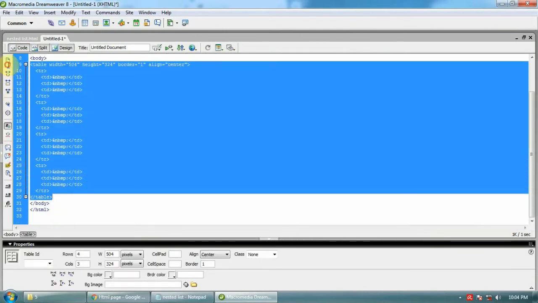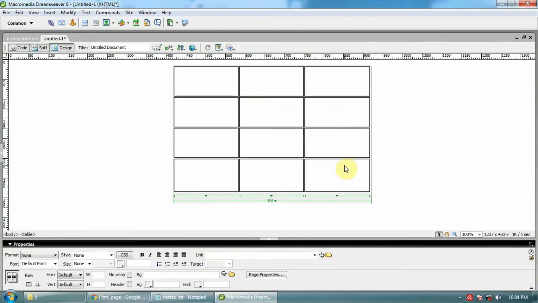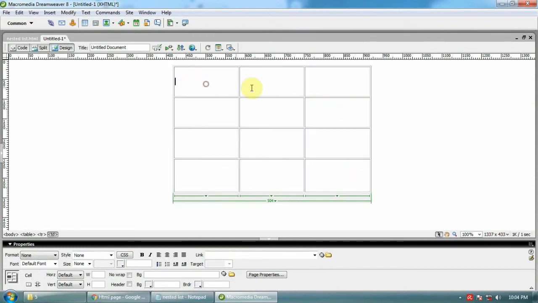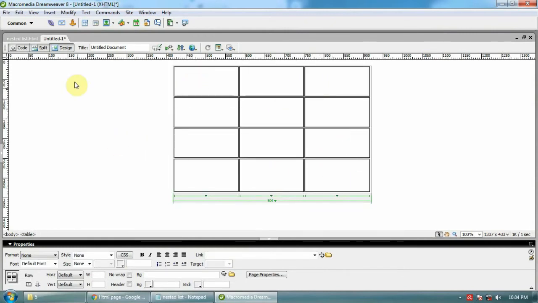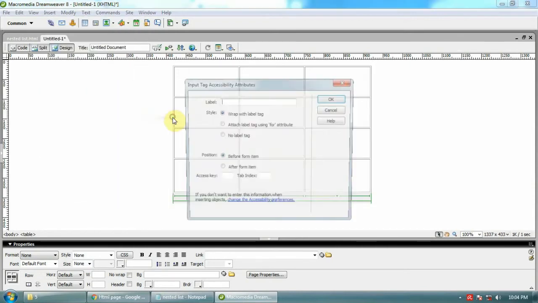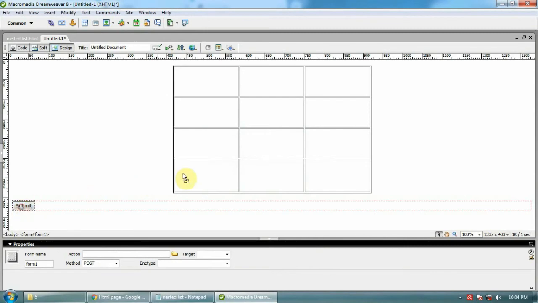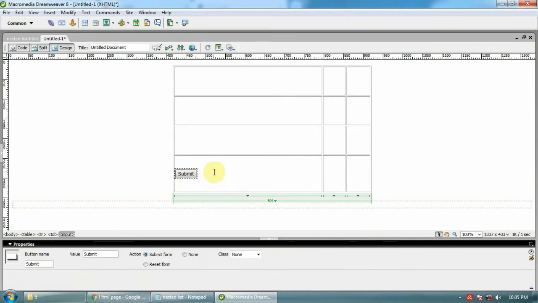See, this type of software is used by developers for designing HTML pages. It is very easy. You don't have to write so much long code. Inside you can see, if you want to create hyperlinks, named anchors, comments, you can make them here. Inside form there are different things like buttons and all. If you want to create a button, you can make it here. See, you can create a submit button.